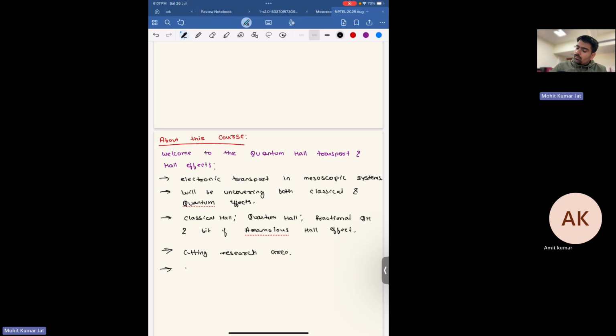I also work on this field. I'm an experimentalist, and I'll show my data along with these. Whatever theory I explain, I'll show my experimental data to demonstrate how well it is reproducible in the experimental counterparts, and will show you the quantum phenomenon of the resistance which we measure in our lab day to day. That's the characterizing tool for us. I work on the graphene system.